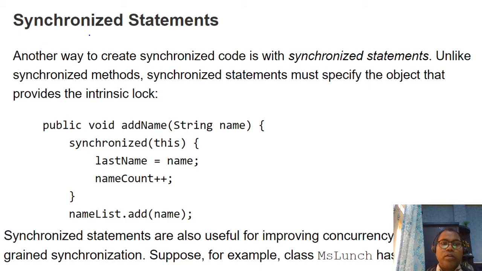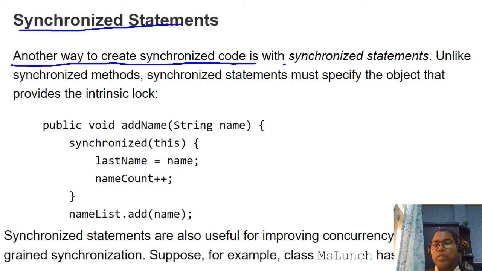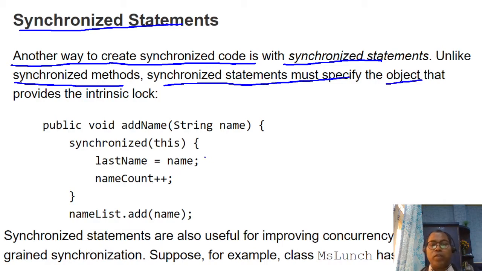So about any method you can apply synchronization simply with the synchronized statement. Another way to create synchronized code is using the synchronized statement. Unlike synchronized methods, a synchronized statement must specify the object. So if you have two lines of code, and you want these two lines of code to be executed by only one thread at a time,